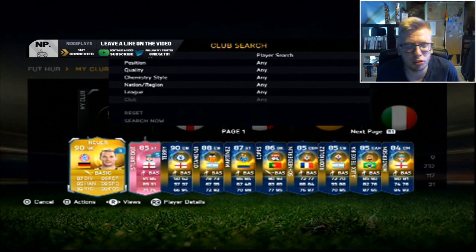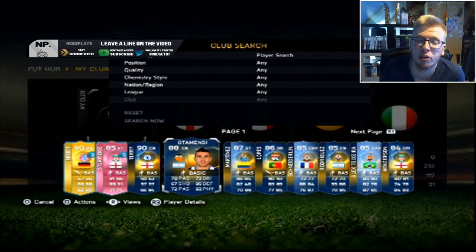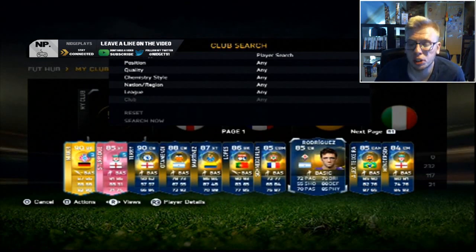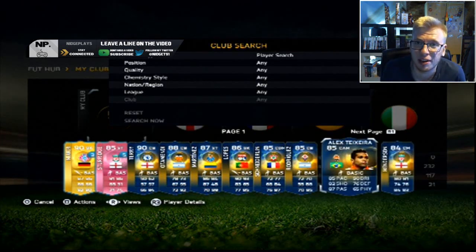first account. There's some nice players on here again. We've got Lone Neuer, I don't know why he's still there. We've got Lone Sturridge. We've got Team of the Season Terry. All these are first owner 100%. Otamendi, Martinez, Lopez, Schneiderlin, Rodriguez, Alex Teixeira. He was the one that I packed and I played the bloody song down the microphone if you remember from